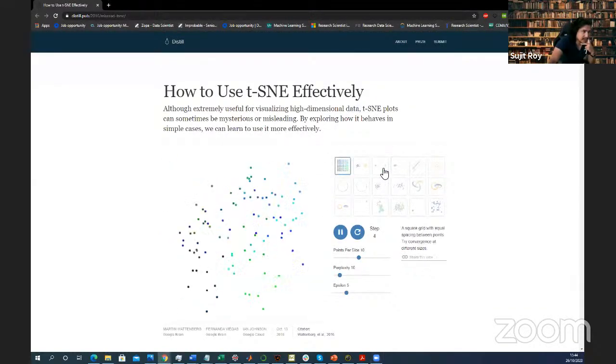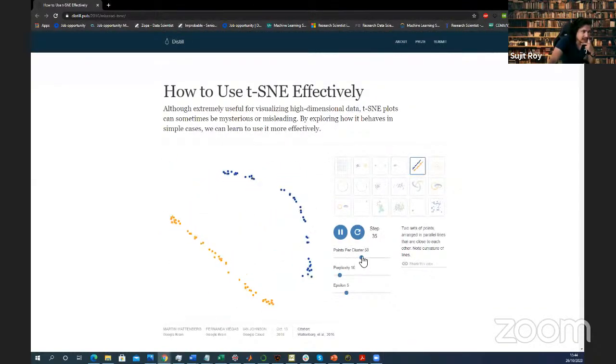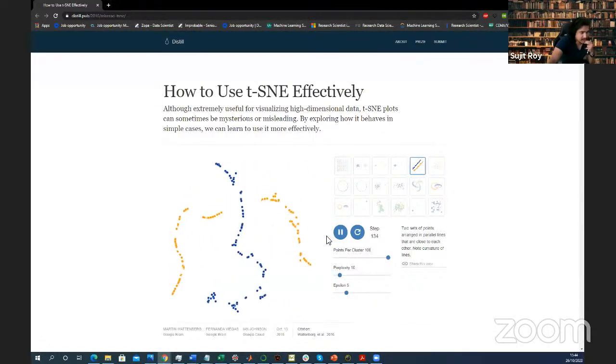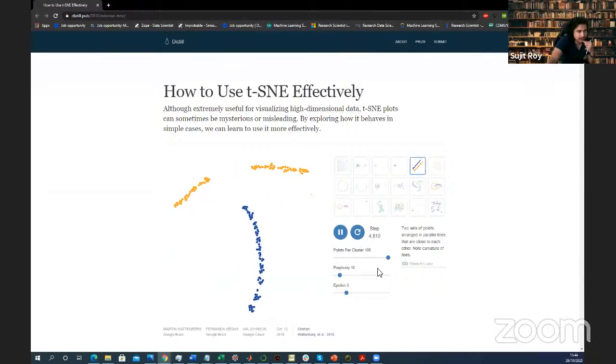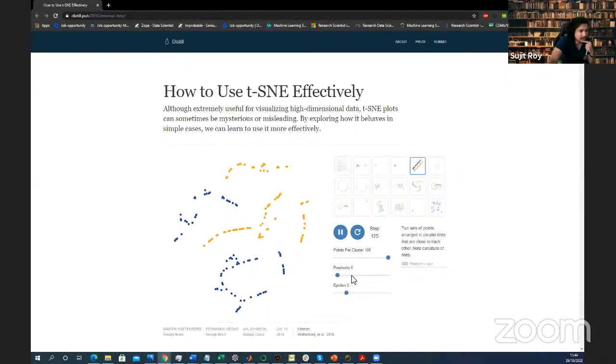So let's try to visualize. Let's say that the points per cluster is 100, and this is the data set. As the number of steps keeps on increasing, you will see that the data set is trying to resolve itself, and ultimately you will reach a position where it can be separable just by a single line. Similarly, if I change the perplexity and then we see,